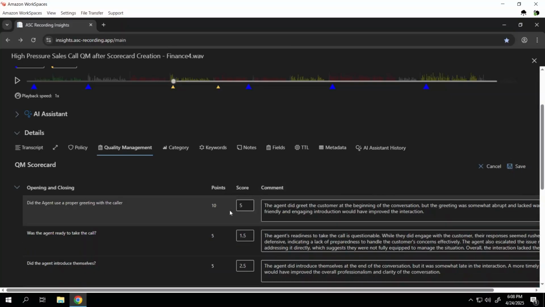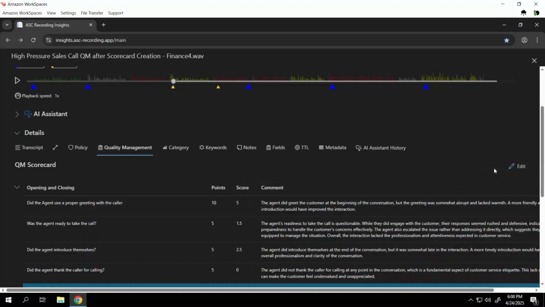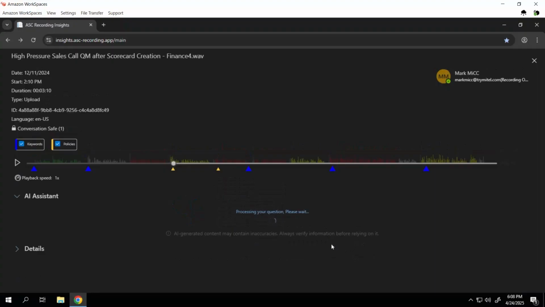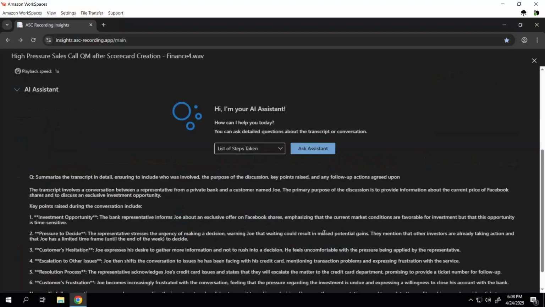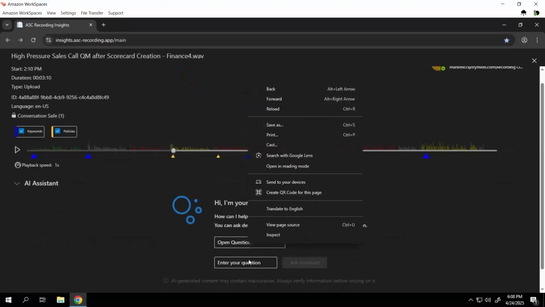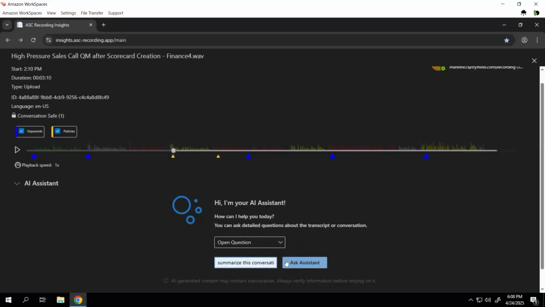And then I also have our AI assistant where I can either ask predefined questions of the AI assistant, like giving me step-by-step analysis of my conversation, or something more free form, like maybe summarize this conversation in 15 words or less. And this is going to use AI on the back end to analyze that conversation and give me